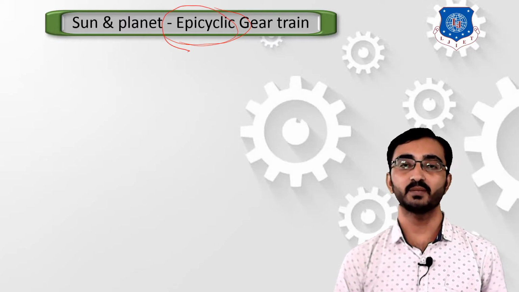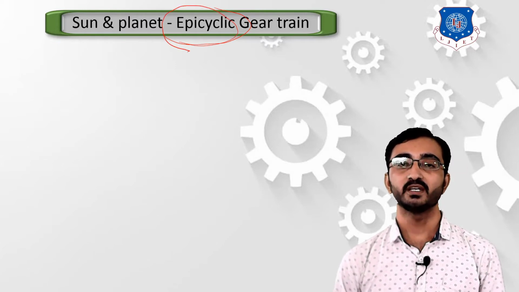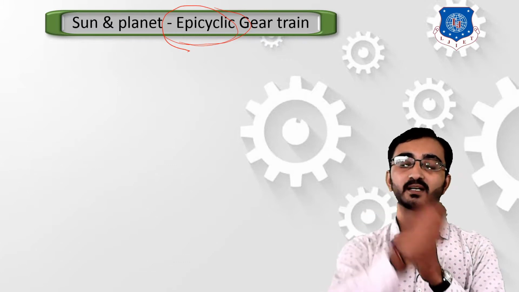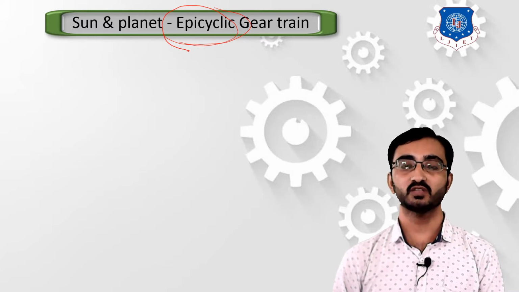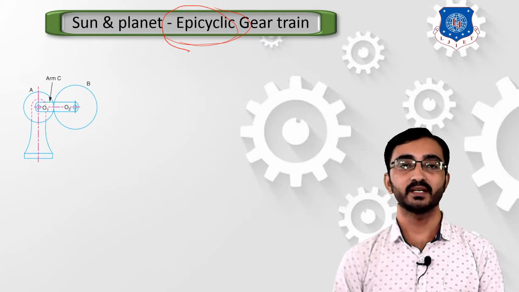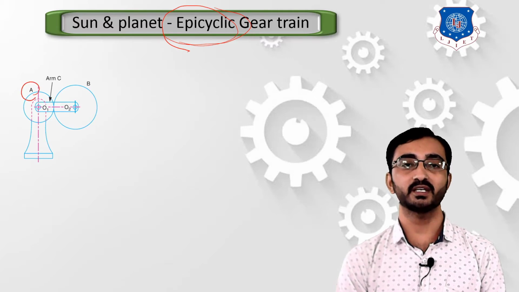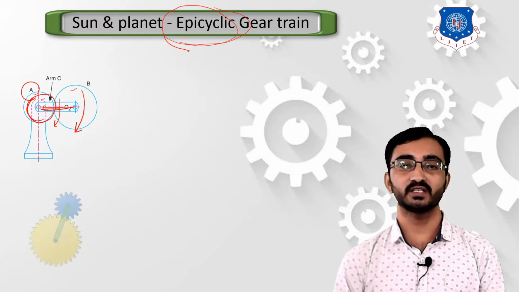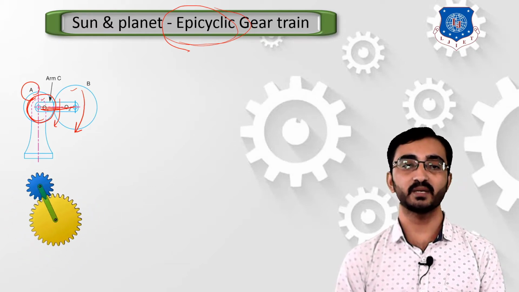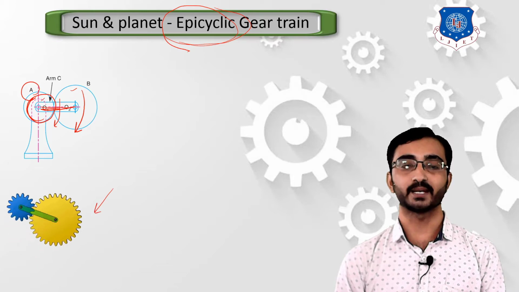We are simply able to identify that when one body moves around any other body, this type of motion is known as epicyclic motion. Now you can refer to this diagram. We can consider that if gear A is mounted in the center of this assembly, then gear B will be rotating about gear A, and similarly the arm which connects gear A and gear B will also be moving around this body. This type of assembly works in such a manner, as you can see in this diagram.